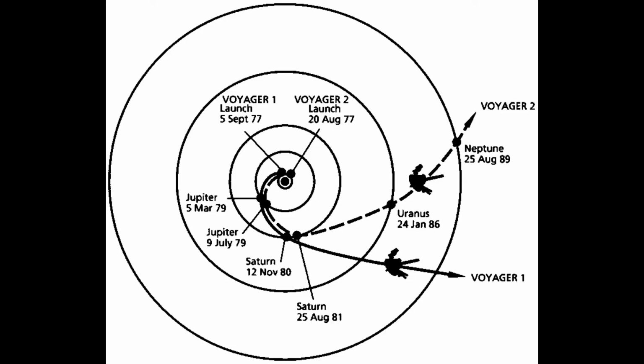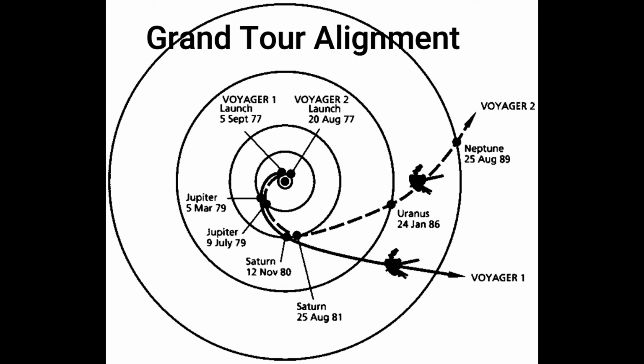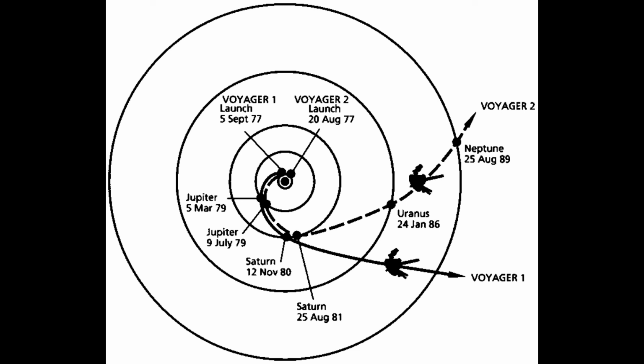The main practical limit to the use of a gravity assist maneuver is that planets and other large masses are seldom in the right place to enable a spacecraft to reach a particular destination. For example, the Voyager missions, which started in the late 1970s, were made possible by the Grand Tour, which is the alignment of Jupiter, Saturn, Uranus, and Neptune. A similar alignment will not occur again until the middle of the 22nd century.